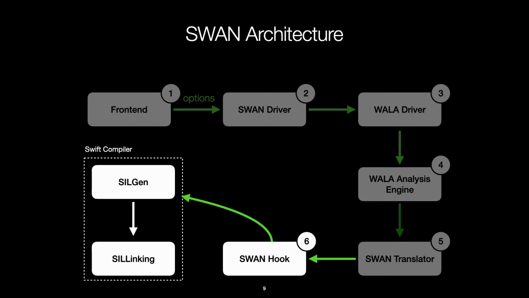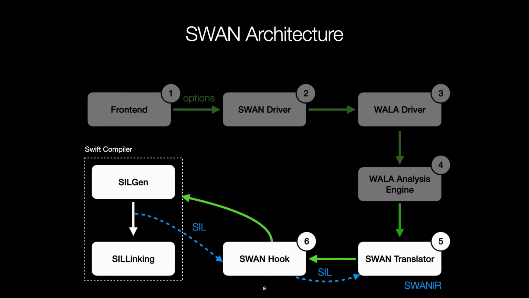After extensive discussions with the Apple Swift team, we determined that it is best for SWAN to consume the Swift Intermediate Language, or SIL, which is Apple's internal IR for Swift, instead of the Swift abstract syntax tree. So this SIL is grabbed from the Swift compiler at runtime, and then passed back to the SWAN translator. The SWAN translator translates SIL to SWAN's own IR, SWAN IR, which I'll explain further shortly, and then SWAN IR